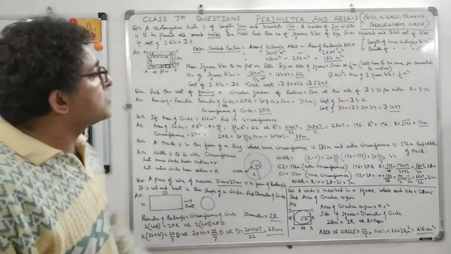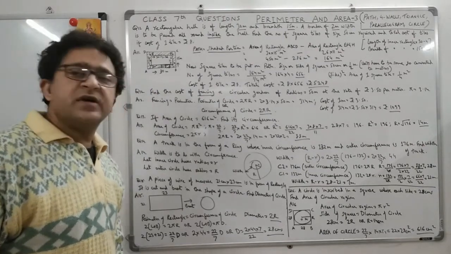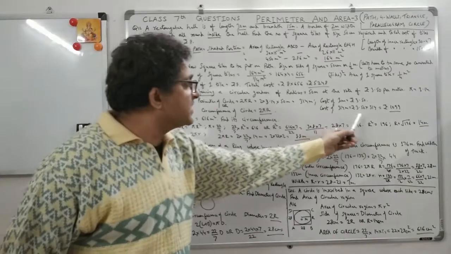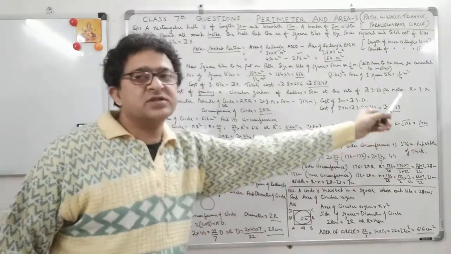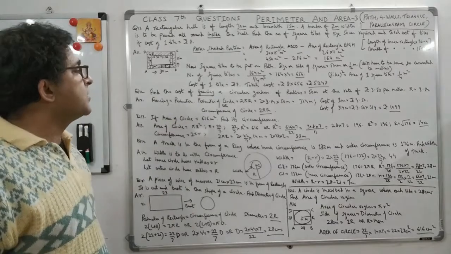Now what is given to you? Cost of 1 meter is given to you, which is 3 rupees 50 paisa. And so students, cost of 314 meter will be just multiplying this, which is 1099 rupees. That's being asked to you. That is what was asked. What is the cost of fencing a circular garden of radius 50 meter?